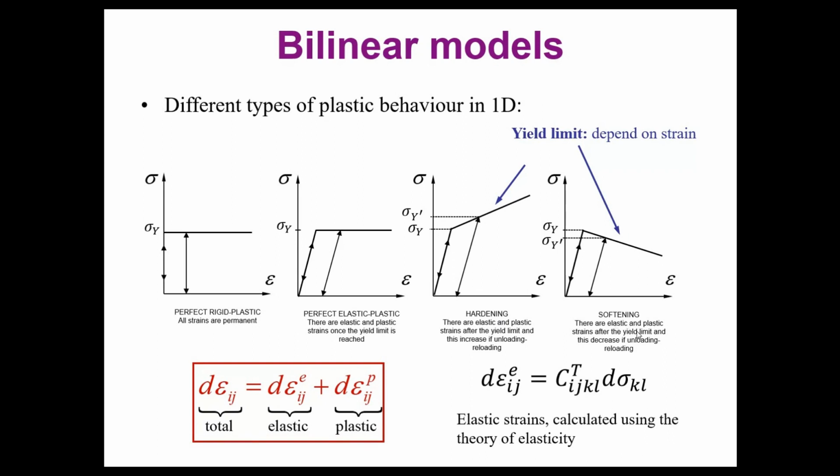In the softening model, there are elastic and plastic deformation after the yield limits. Of course, what you notice is that the yield limit decreases if you start making cycles of unloading and reloading. So in these models where you have elastoplasticity, you will use